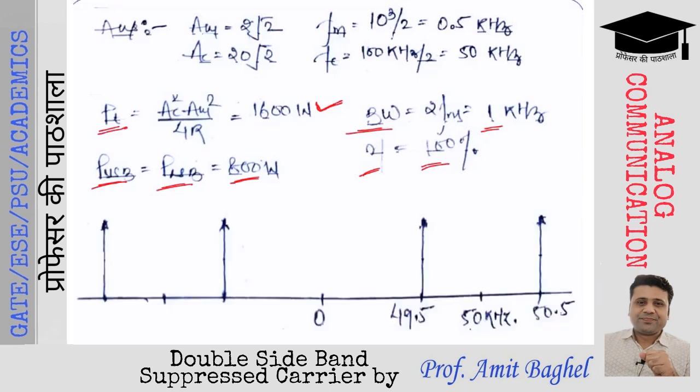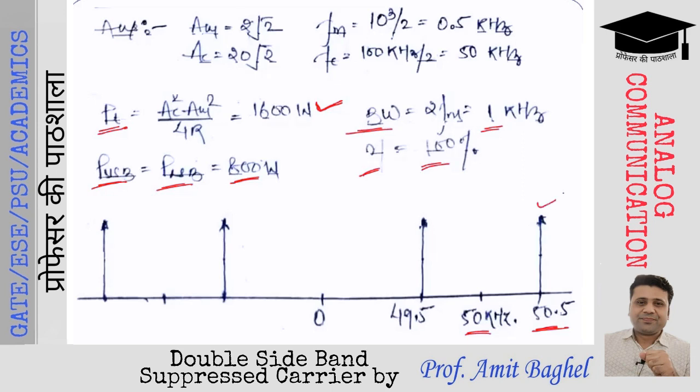Positive side of frequencies को consider करके देखते हैं. The FC component will be 50 kilohertz, but we are not going to get any impulse at FC. Why? Because there is no carrier component involved while modulating the message with the help of DSBSC modulation method. So 50 kilohertz पर कोई impulse नहीं आएगा. Impulse कहाँ आएगा? We'll get an impulse at the upper sideband. Upper sideband is FC plus FM. FC is 50, FM is 0.5 kilohertz. So you'll get an impulse at 50.5 kilohertz, and this is upper sideband frequency.